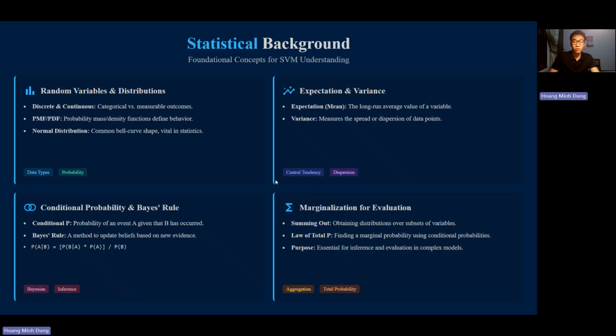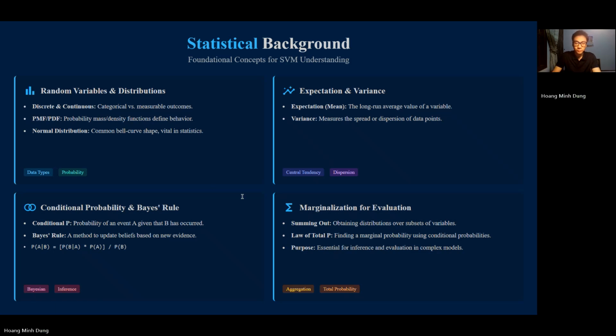So let's talk about some statistical background from the previous lectures, around the second week's lectures. To properly build and evaluate our model, we rely on several foundational statistical concepts. This includes understanding our features